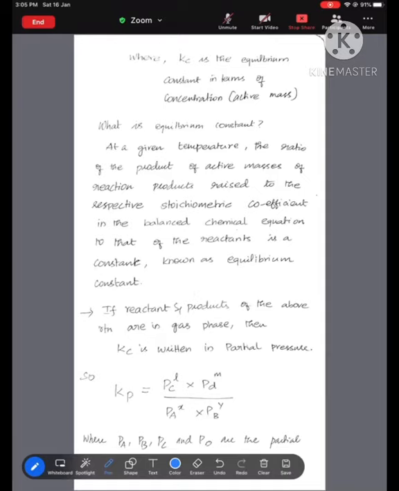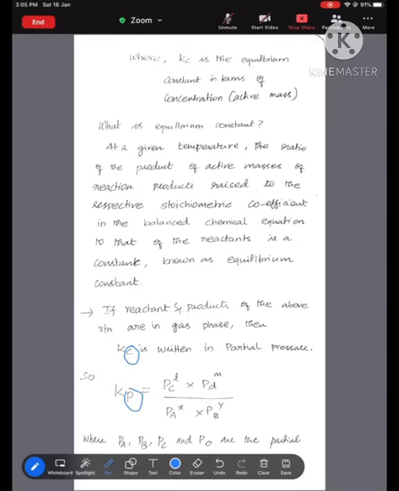But when you talk about reactants and products in the gas phase, then you have to mention the equilibrium constant in terms of partial pressure. Because normally when you talk about gases, you need to describe them based on their partial pressures. So instead of writing c, I am writing p, where p means partial pressure. So Kp will be equal to the same expression, where the square brackets now denote the partial pressures instead of concentrations.